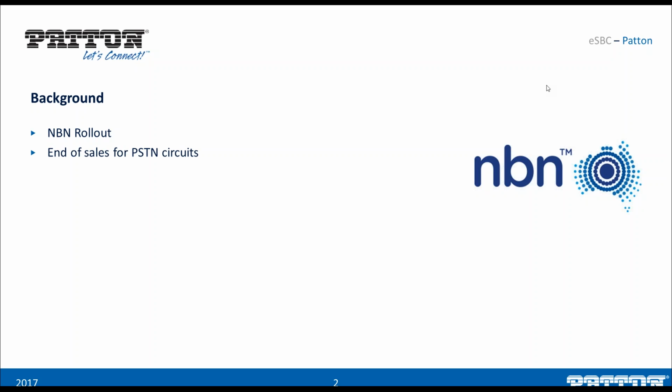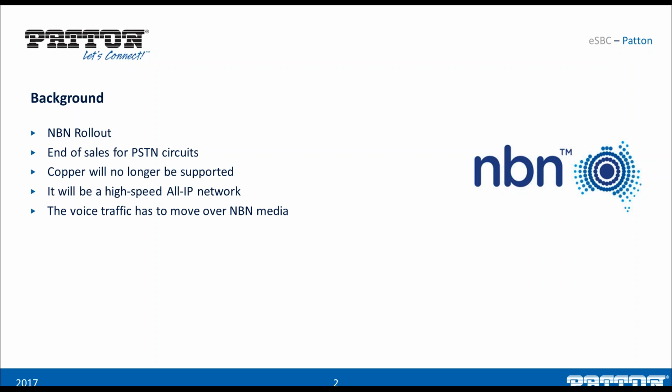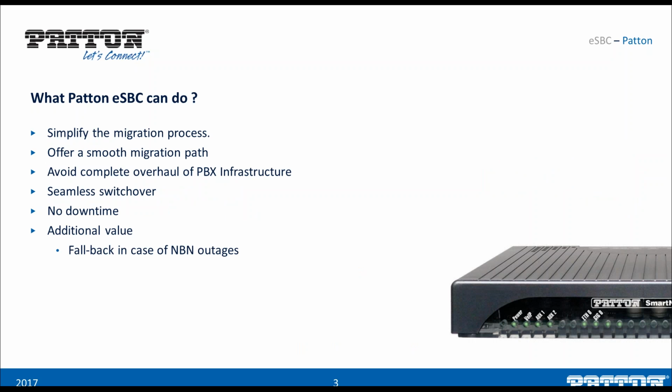It would mean the NBN rollout would mean the end of sales for the PSTN circuits, and copper will no longer be supported. That's what the NBN rollout means: everything is going to be an all IP network, a high-speed all IP network, and the voice traffic has to move to NBN media. This is going at a very fast speed, and it's time to act fast. So basically we have got Patton